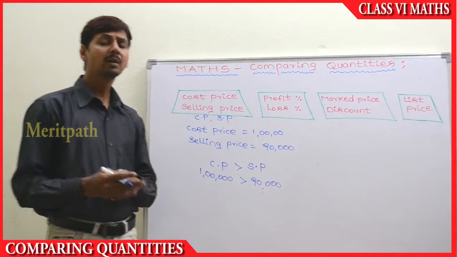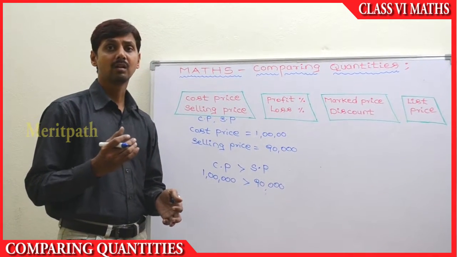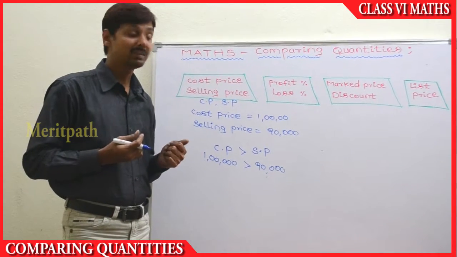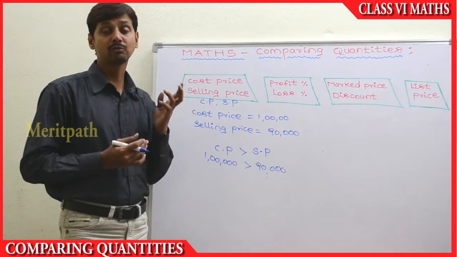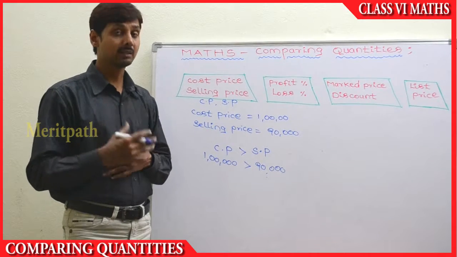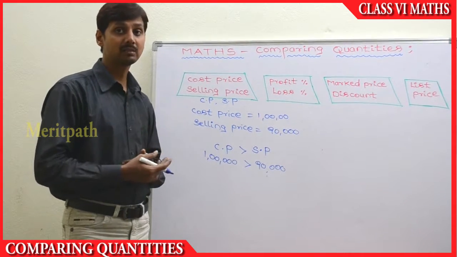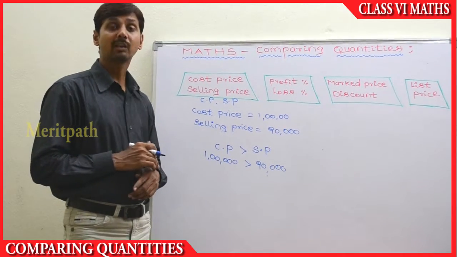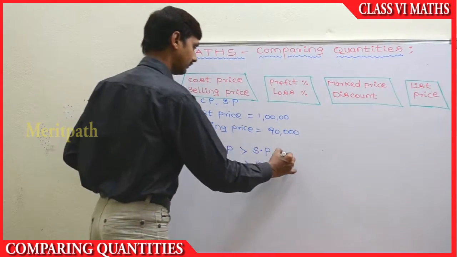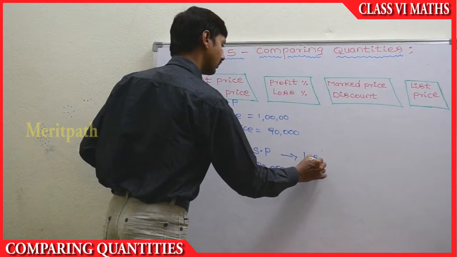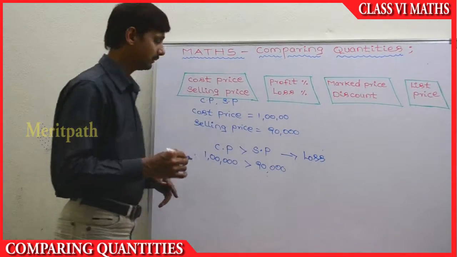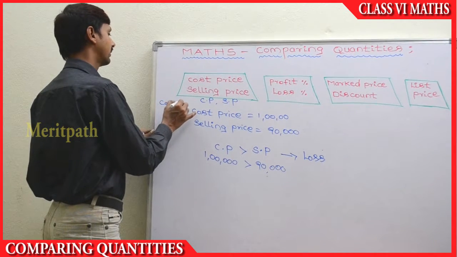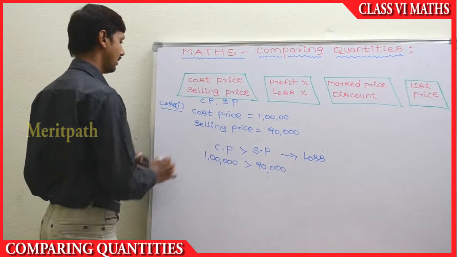That means we purchased the thing for 1 lakh rupees and we sold it for less. That means we sold it for 10,000 rupees less. So we got a loss here, because we sold for less than the cost price, what we purchased for. In this situation, we'll get a loss. This is case 1, the first case that can happen. And case 2,